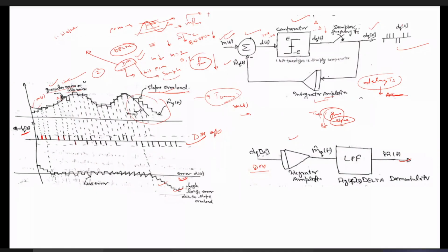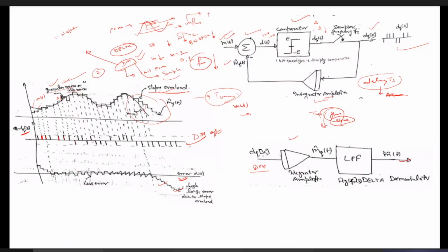Now to reconstruct our original message signal m(t) from this d q(k), we can simply take the help of the feedback network. In the feedback network, our input is the output of the delta modulator, and then the integrator. This integrator output will be m cap q(t), and its behavior is very similar to the message signal. You can see this is the staircase function m cap q(t). Its behavior is very similar to the message signal m(t), but it is not exactly the same.